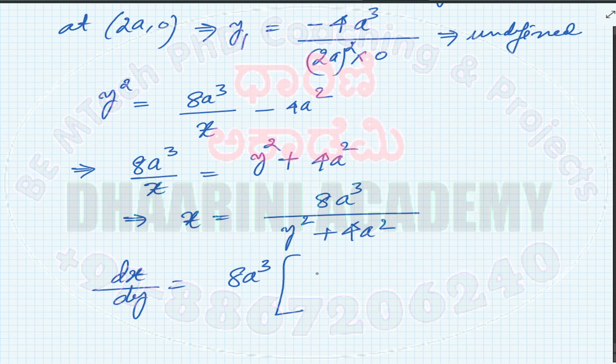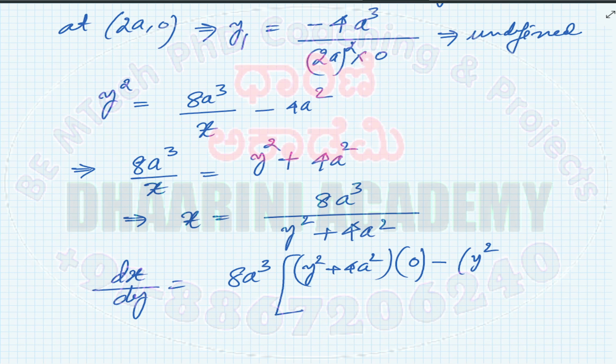What we can try to do here is keep the numerator as it is. So first you write the denominator. Denominator is y square plus 4a square, into the derivative of the numerator, which is, there is 1, so this becomes 0, minus the denominator as it is, that is y square